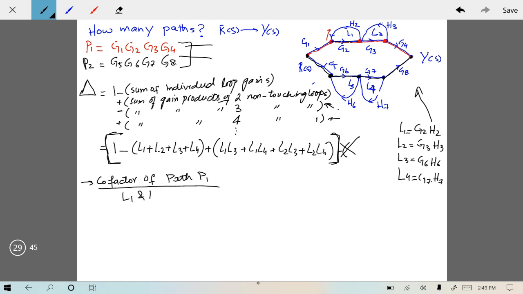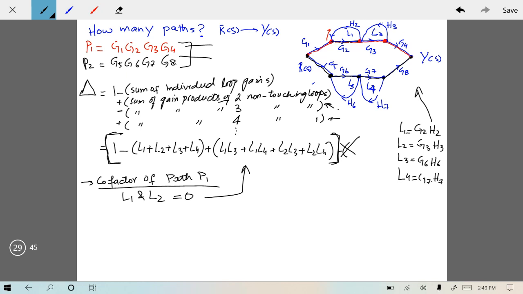Put L1 and L2 equal to 0 in this determinant and you would be able to find the cofactor